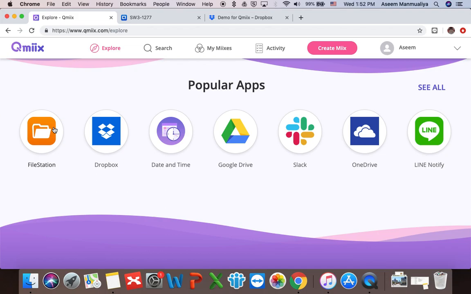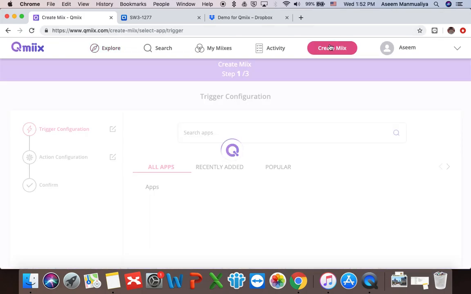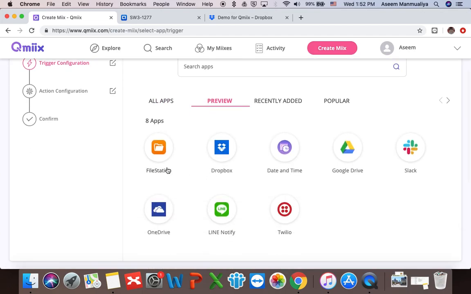So let's do a mix where you upload a file on your NAS File Station, and that file will automatically be backed up to your Dropbox. Okay, so let's go to create mix. In this one, the first thing you have to do is choose your trigger, and